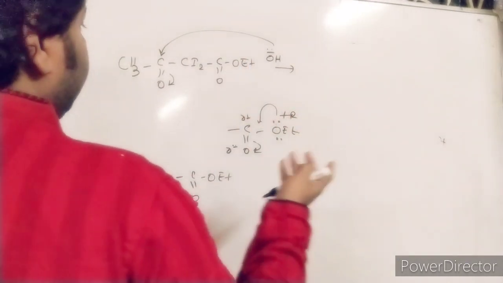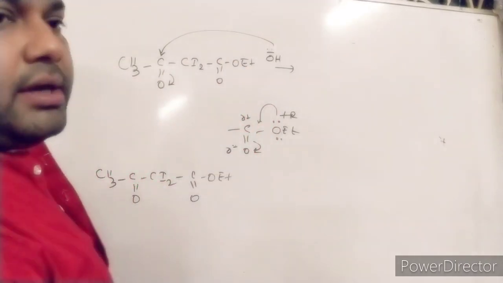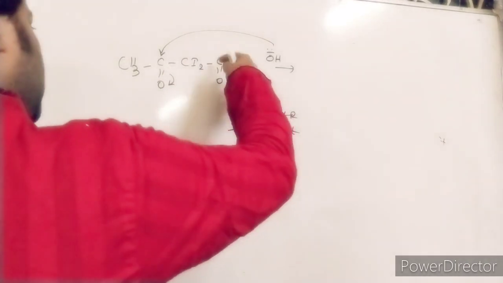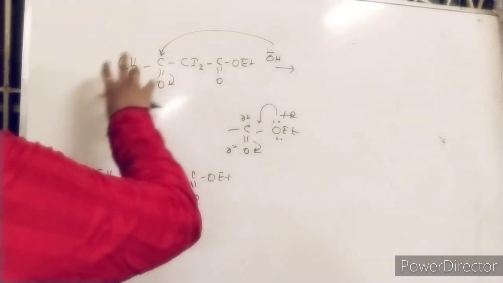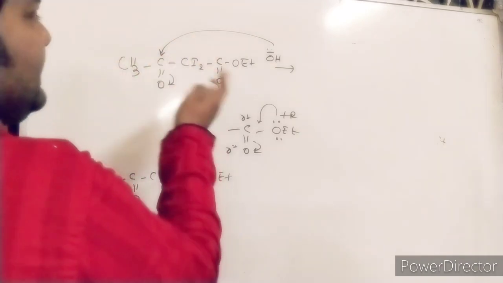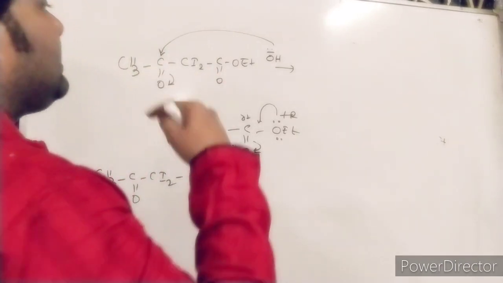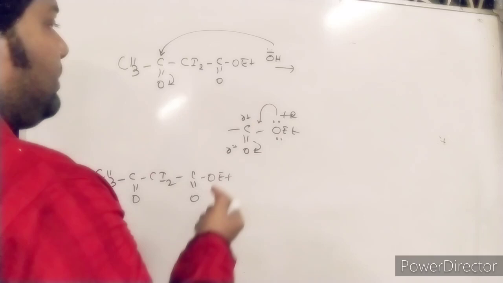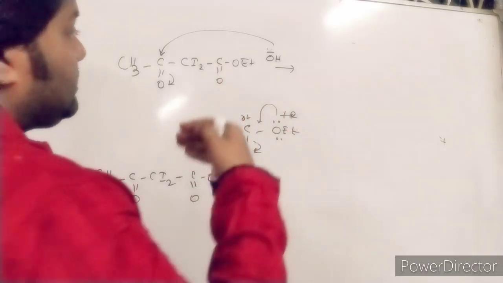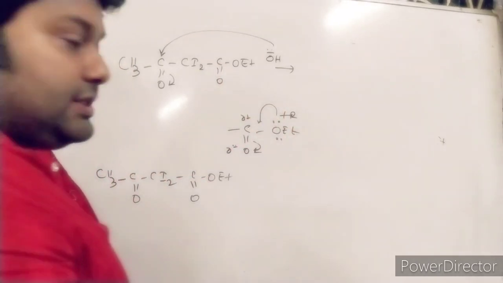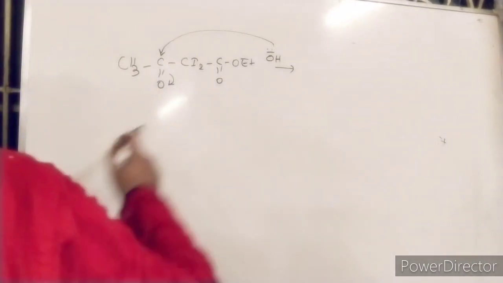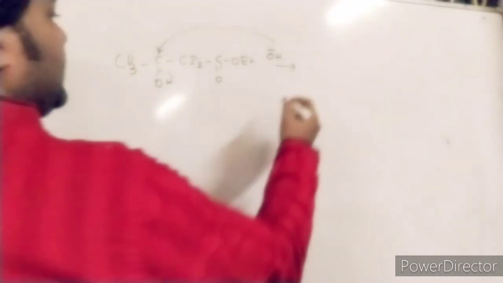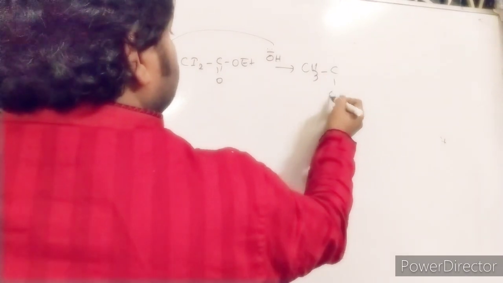Number one reason. Number two, steric hindrance is also an effect here, because this OET group is comparatively larger. As a whole, it is a larger group than this one, CH3. So I can say that this is less sterically hindered, but the first reason is the more valid reason. Okay? So in this particular case, this OH minus is going to attack on this carbon, which is delivering